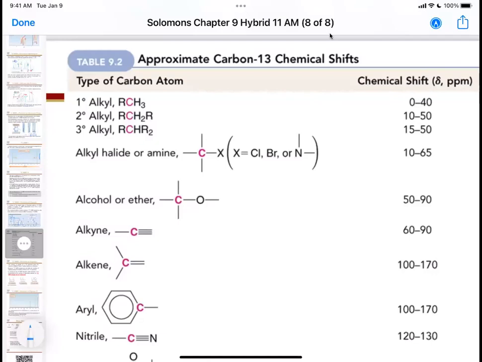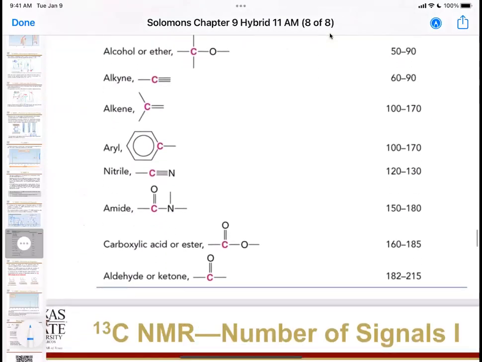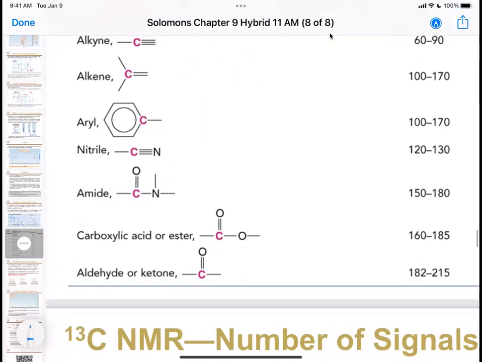But you can tell the difference in them by what kind of structure you have. The nitrile has a very narrow range, just like in its IR, at 120 to 130. The carbonyls with electronegative groups are at 150 to 180, with the oxygens being higher because oxygen is more electronegative than nitrogen. So nitrogen is just below it because of its electronegativity, oxygen just above it. And then if you don't have an electronegative atom here, just carbons or hydrogens, boom, up